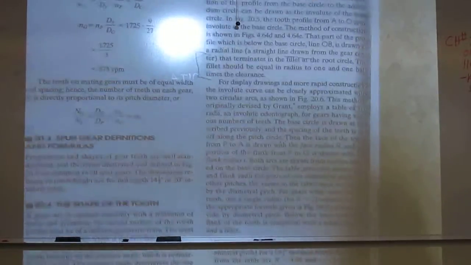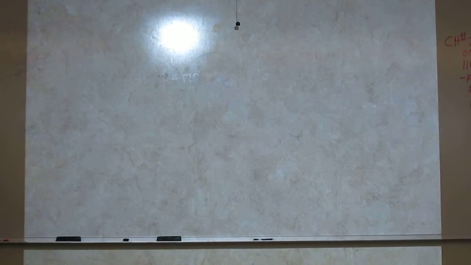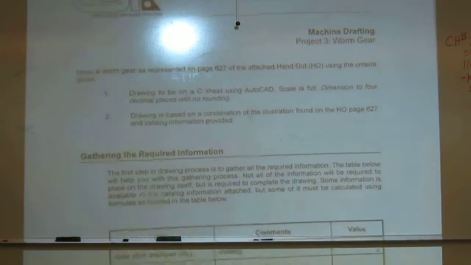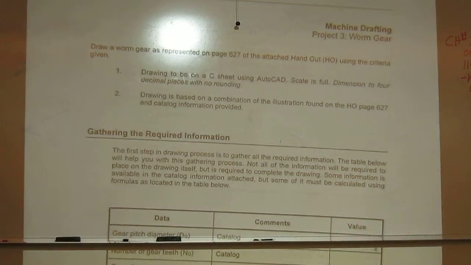All right, so this thing here is your example on how to draw and where some of your formulas are coming from, because you need some numbers before you draw this. Second handout. This is your next drawing assignment. That's the gear. So you'll want to come through, read all of the basis on it, because there's a lot of information that is written into the text. So you're going to a C sheet, you're doing